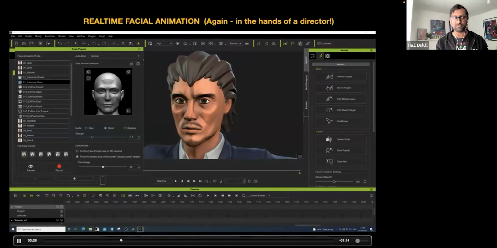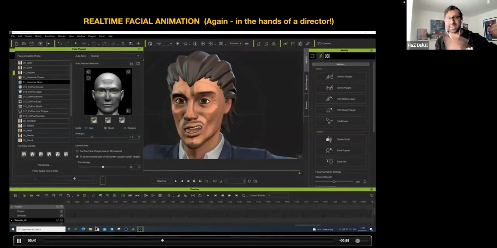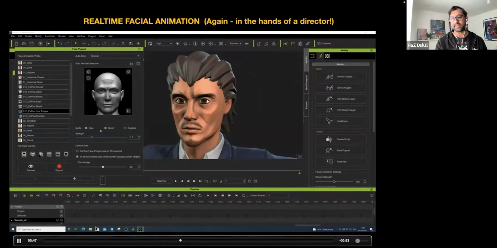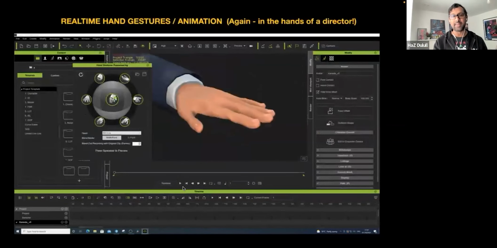So it's really great to quickly do stuff on the fly, especially the way we work at HaZimation. We work in a very agile pipeline where things are constantly iterating. So we don't have to wait to get the perfect facial animation to get a version of the shot. I can just do a rough version real quick, get it in a shot, get it in dailies, and we have something to relate to. And then later on, the animators can go in and make a better version of the expression if they need to.